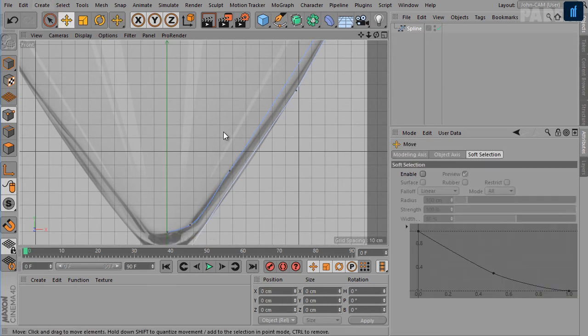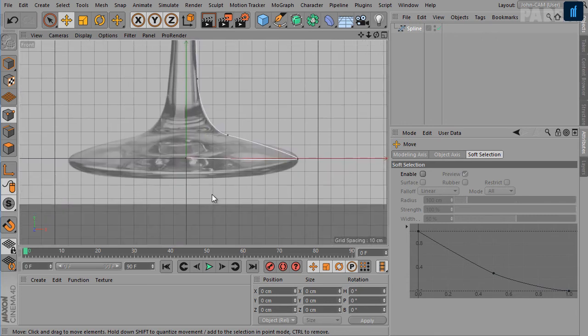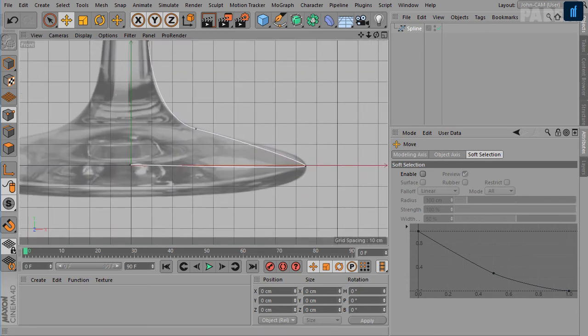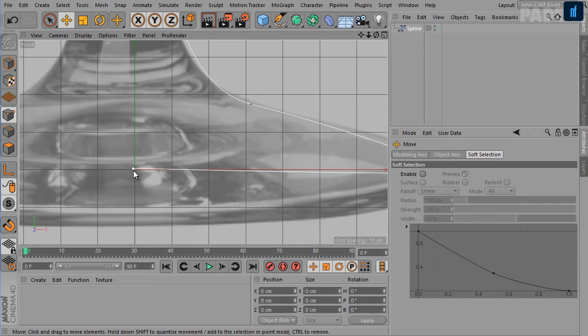Press escape and now we'll fine tune our shape. This point should be at 0 XY position.